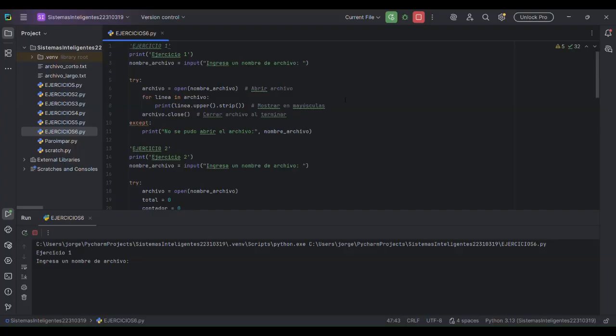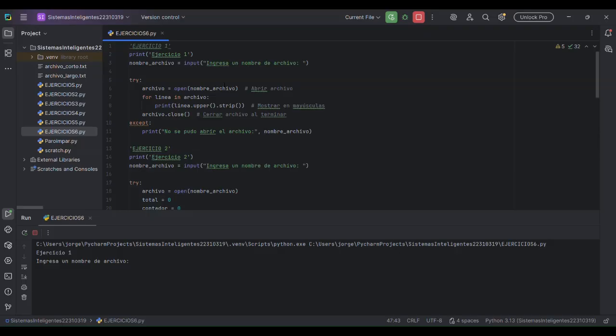This exercise reads a file and prints its content in uppercase letters. Here's how it works. The program asks the user to type a file name. It tries to open the file using the open function.